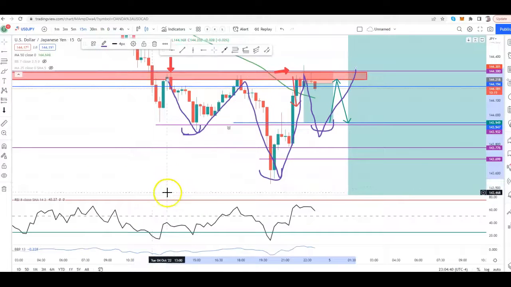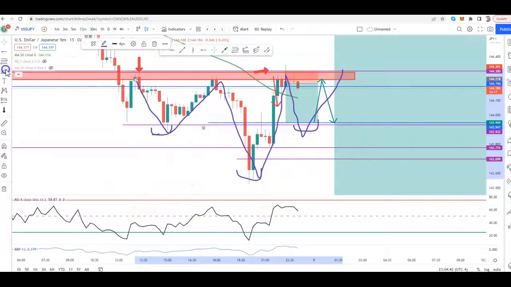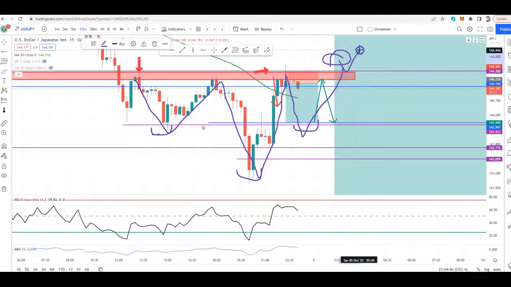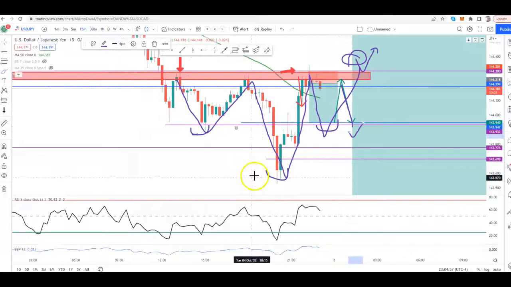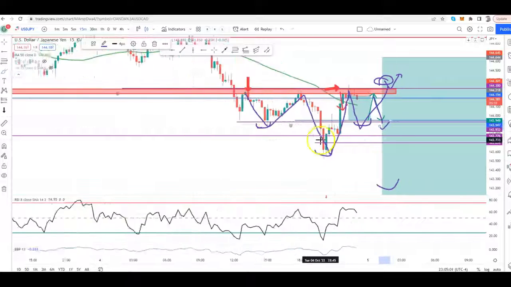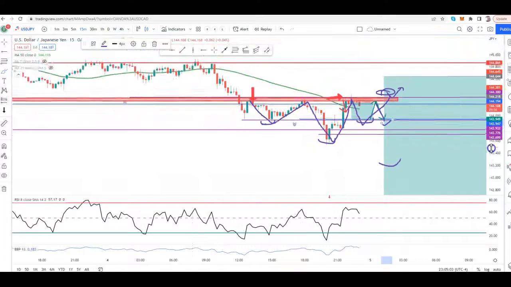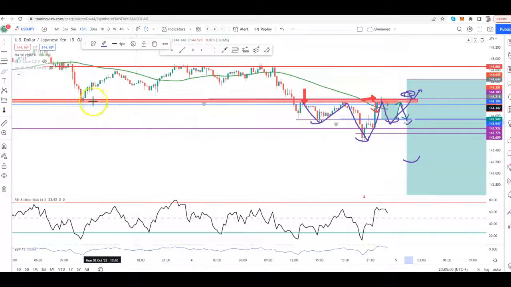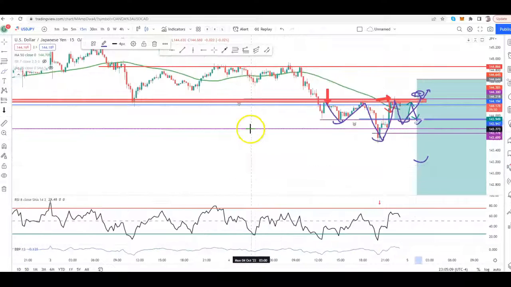Now with the inverse head and shoulders, for it to be bullish, we would need to see the breakout above here and then a retest and a continuation move. However, just because the inverse head and shoulders forms doesn't mean it's going to be a bullish continuation move. It could break and break to the downside. And being that we are in a consolidating area, breaking structure of the middle zone in this consolidation area, I do believe we could potentially go to the support or bottom of this consolidation zone down here as low as here,